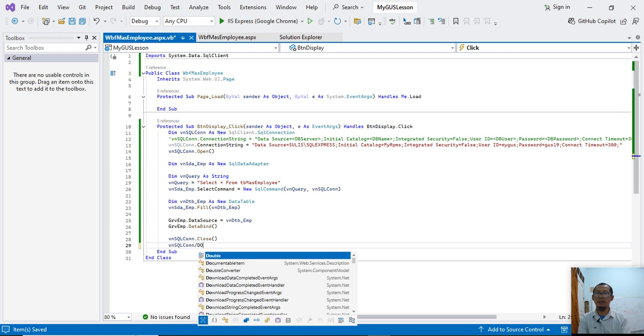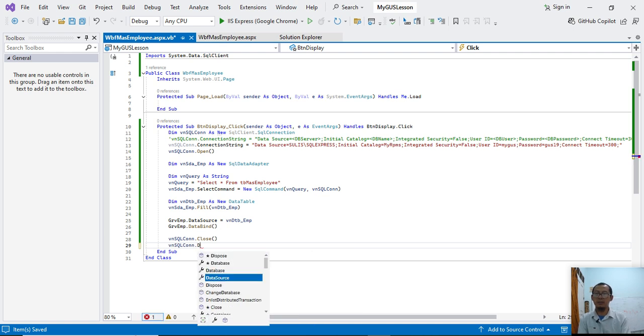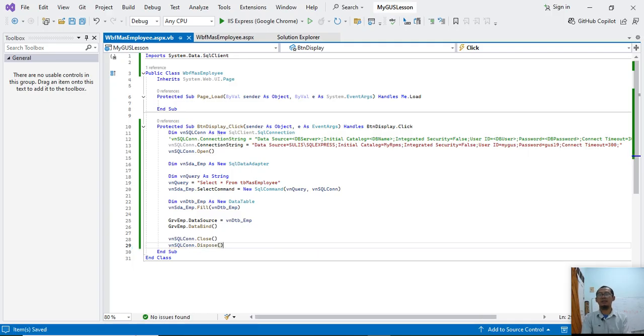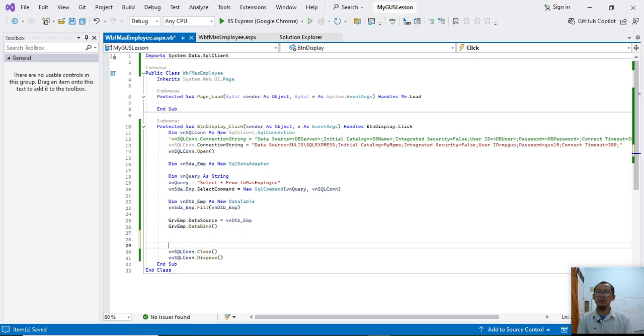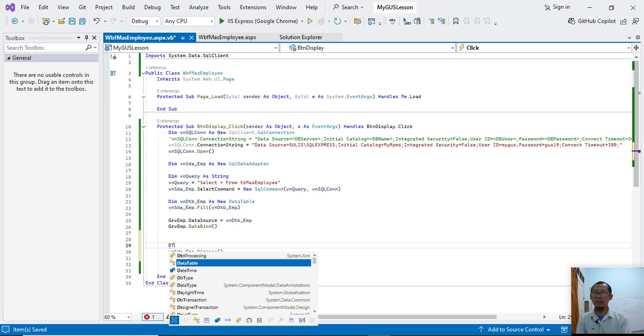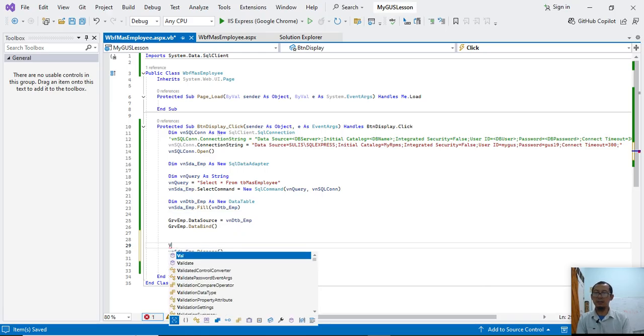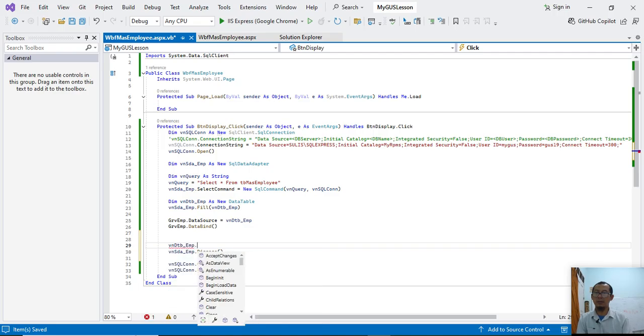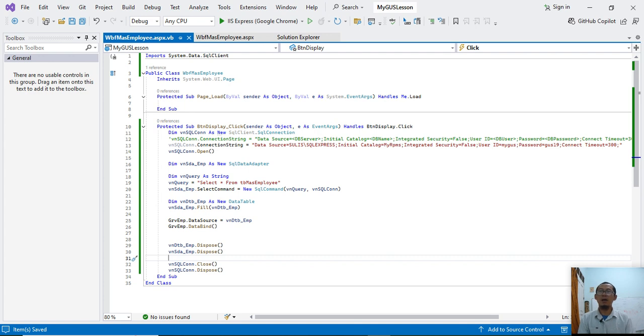And then dispose. Okay. Now the SQL connection is already freed. Also, we have to release the memory from the data adapter. Okay.